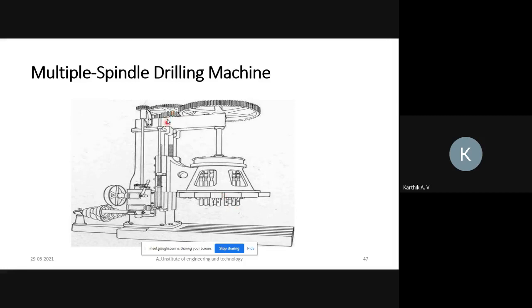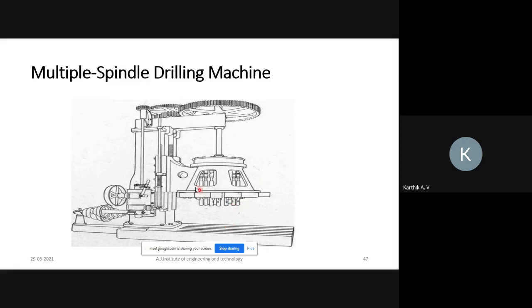Here there is a gear arrangement, and it is all an automatic system, like a CNC machine. If you write the program, then based on the program the particular tool will automatically come to that spindle location and perform the operation. A manual method is also there. Suppose you want to perform a tapping operation, that particular tool will come to the position and perform the operation.